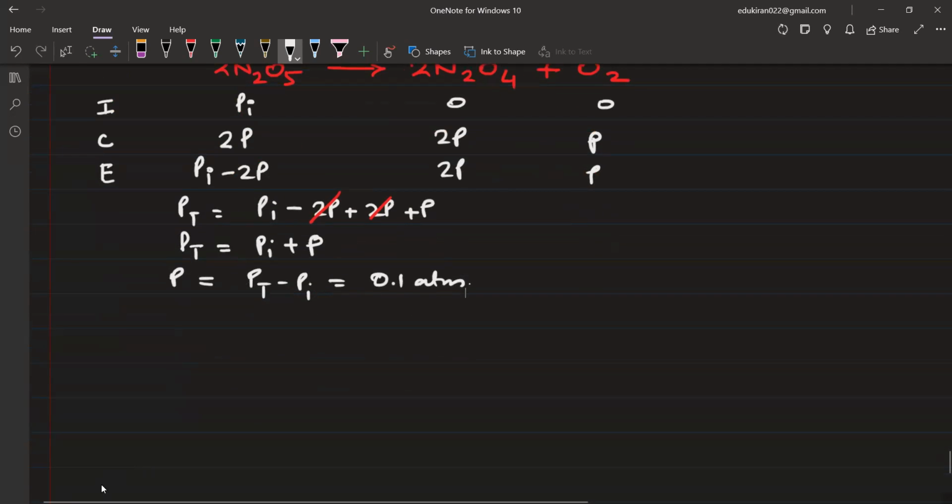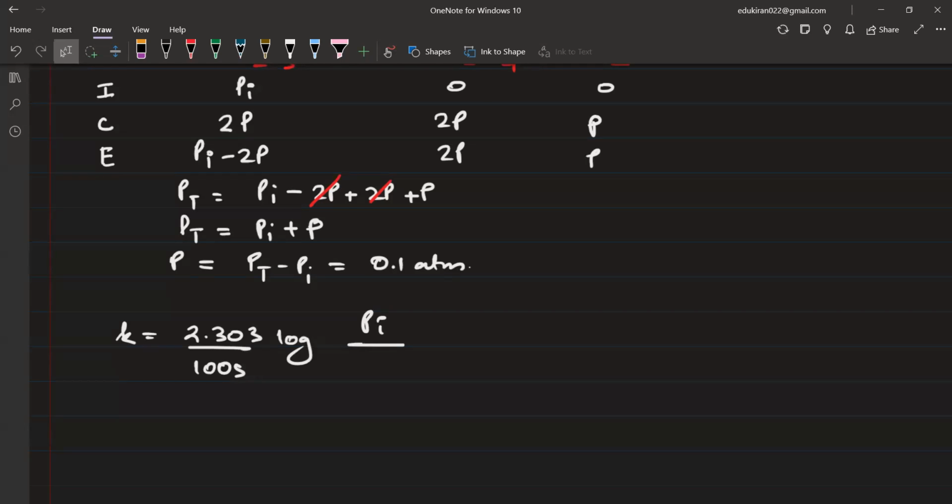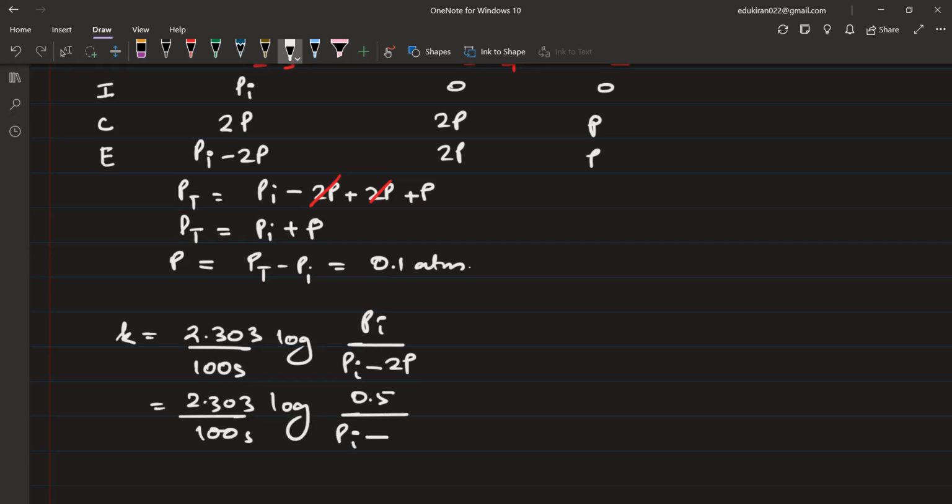Now please see next. For K will be equal to 2.303 divided by 100 seconds. Log of P at initial and P at equilibrium is Pi minus 2P. ये important देखिए, यहाँ पे क्या है? Pi minus 2P. So this is going to change according to the stoichiometric calculations. Okay, so we can write this as 2.303 divided by 100 seconds. Log of Pi is equal to 0.5 upon Pi, which is 0.5